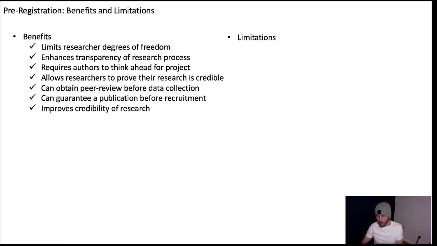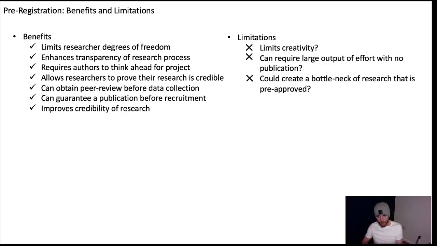Okay, just as important to know the benefits of pre-registration, it's also important to know the limitations. The first three I've put question marks next to, and I'm presenting them together because you'll commonly hear these discussed as limitations, but I don't necessarily think they are. For example, that they limit creativity. I thought this before I actually started pre-registering, and I don't see why this is actually, I don't consider this